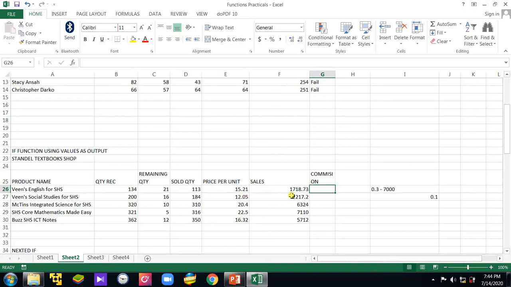Then when you are done, compute the commission for each product based on these return values. The condition is if the sales is 7,000 and above, then the commission assigned should be 0.3. If not, the commission assigned should be 0.1. But because of time, we move on. So we type equals